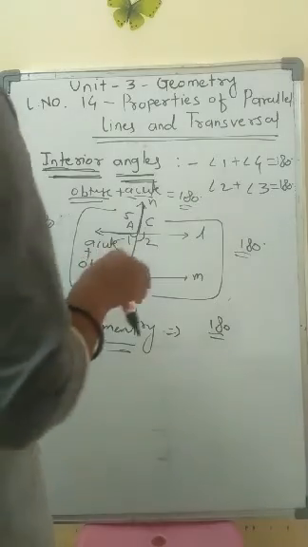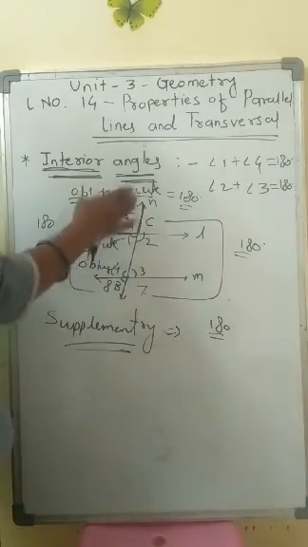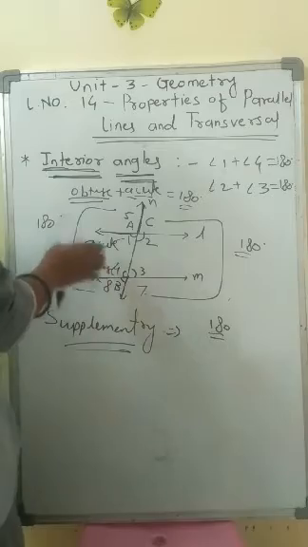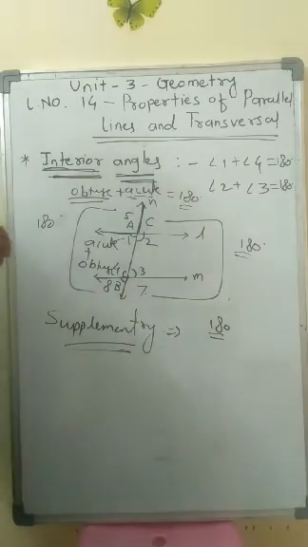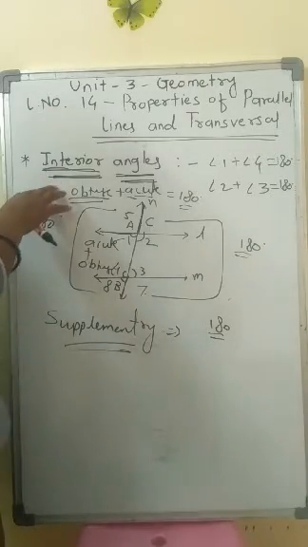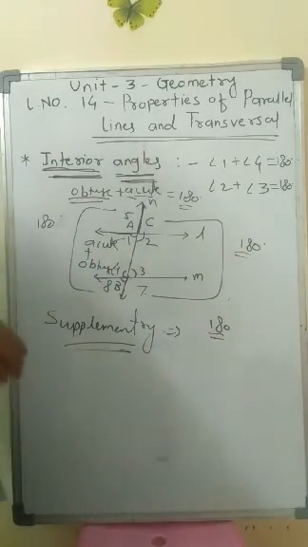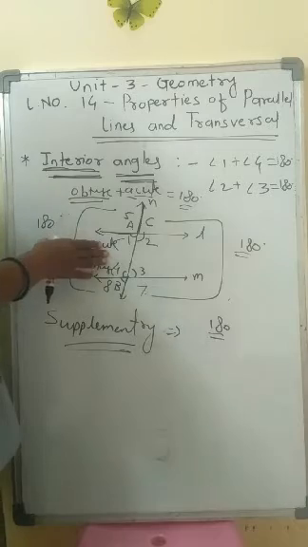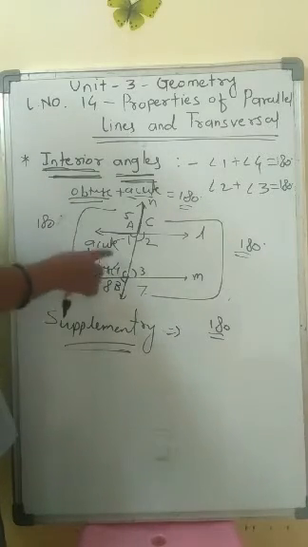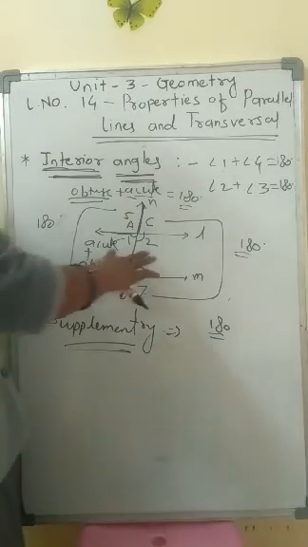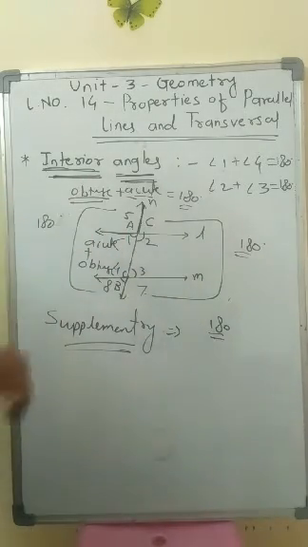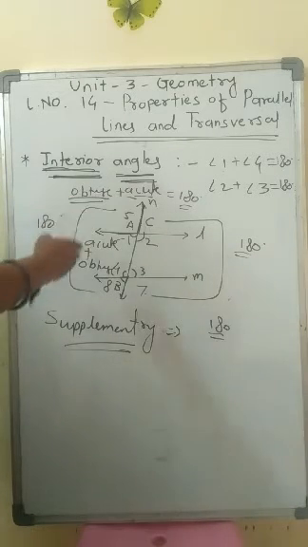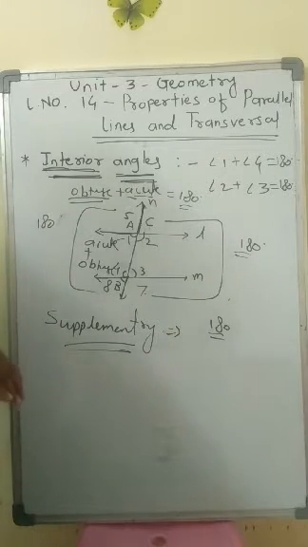As the property for the interior angles, if parallel lines are intersected by a transversal, the angles on the same side of this transversal are always supplementary. It means that the sum of interior angles on the same side of the transversal is always 180 degrees, for exterior and for interior, for both sides. Okay, I hope you all understood that concept about the interior angles, how to form them, how to get them, and which property we use here for the parallel lines and transversal. Okay.